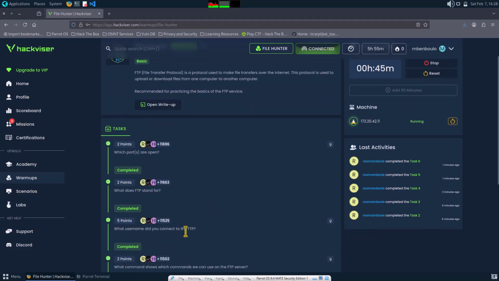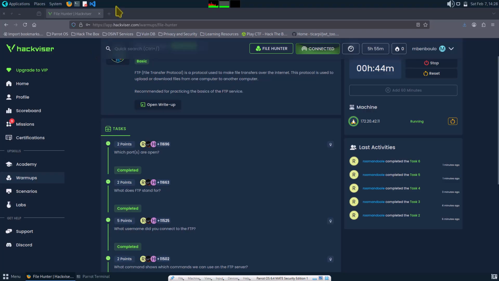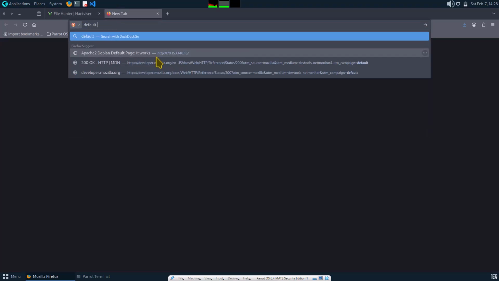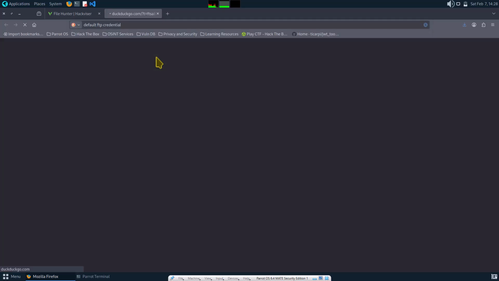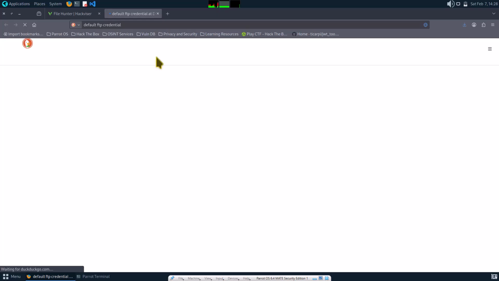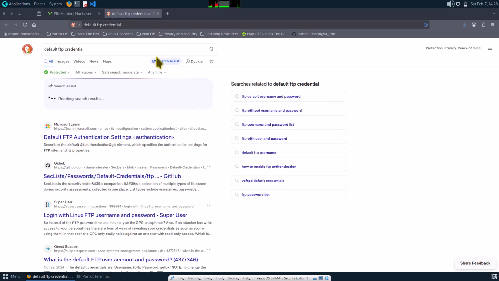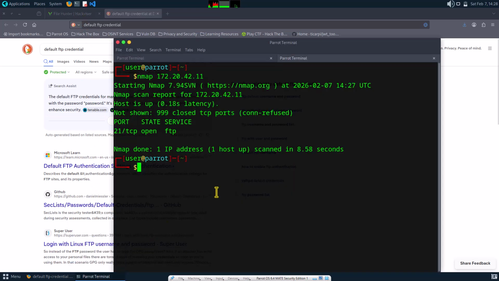What username did you connect to the FTP? So now there is a default credential for FTP as well, right? So if we open our browser, we can just search for its default FTP credential. You can connect as anonymous actually for FTP. So where you connect as anonymous, if that has been enabled, you don't need to enter a password. So I can say FTP